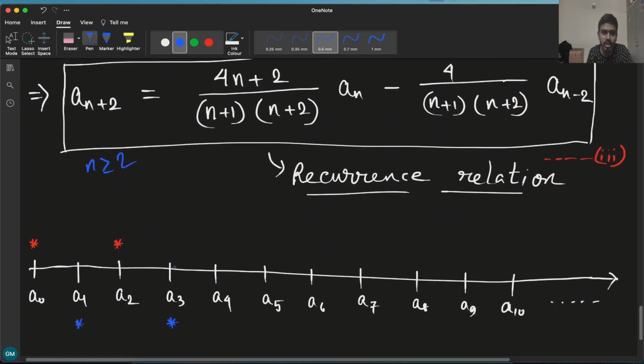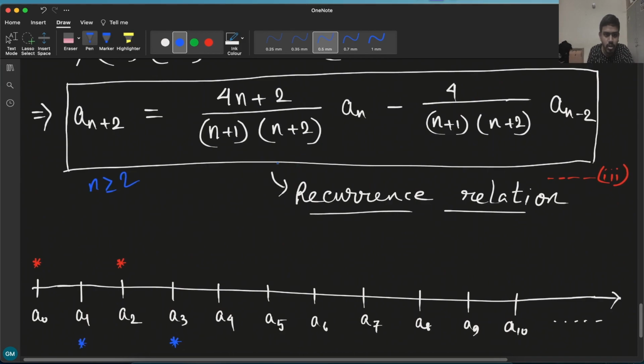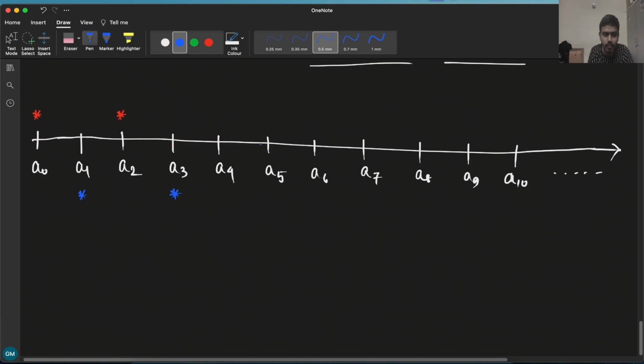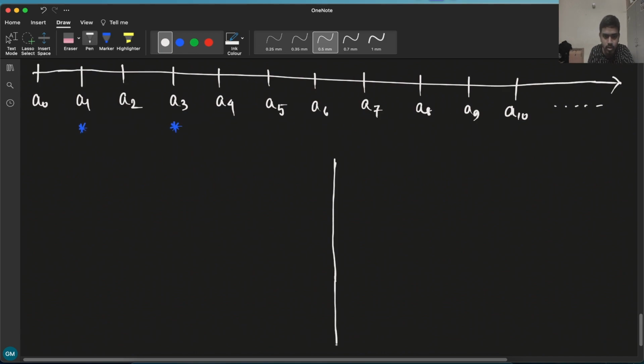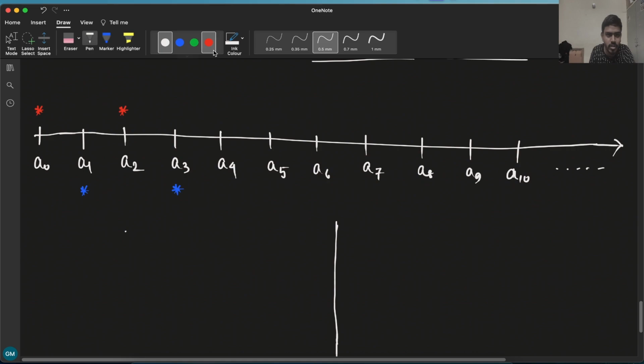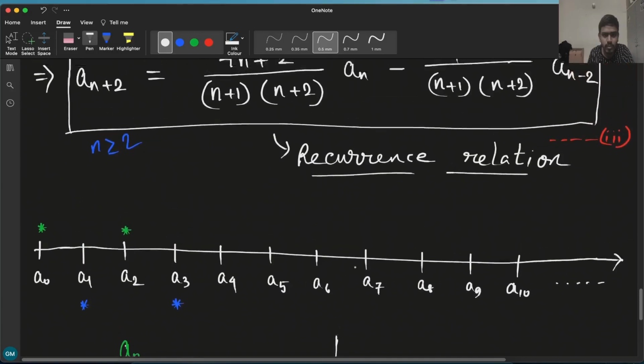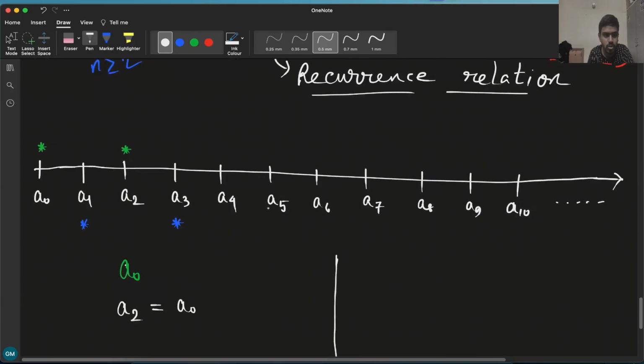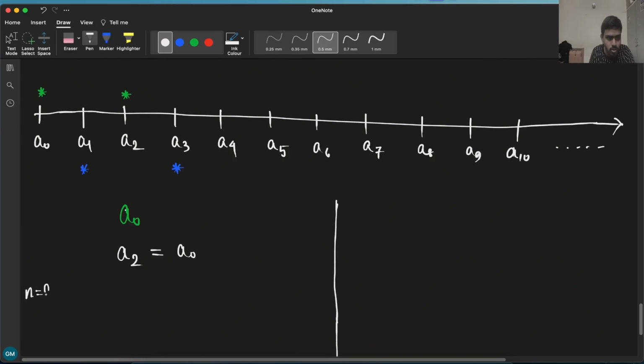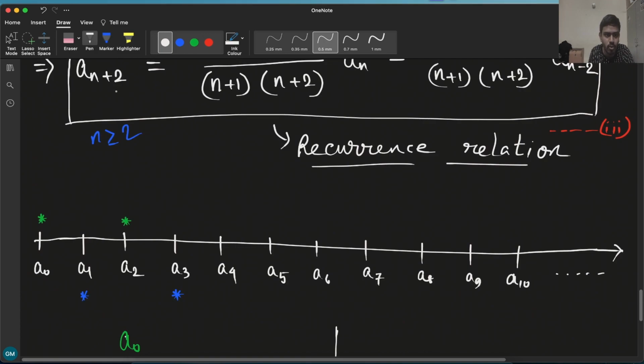So let's put n equals 2 in this recurrence relation. It gives a4. Let me divide it in two parts. We are starting with this a0, and we know a2, which equals a0 from equation 1. Now in this recurrence relation, if we put n equals 2, what we have is a4 equals